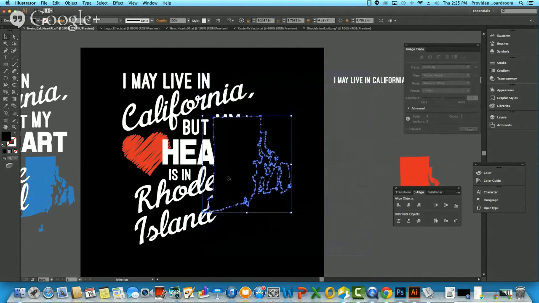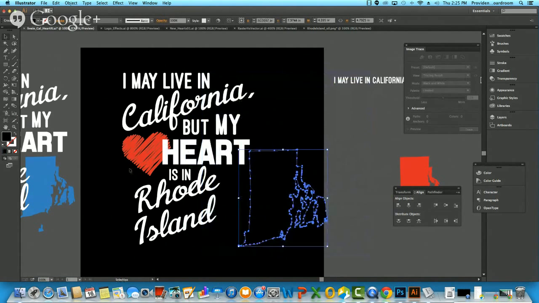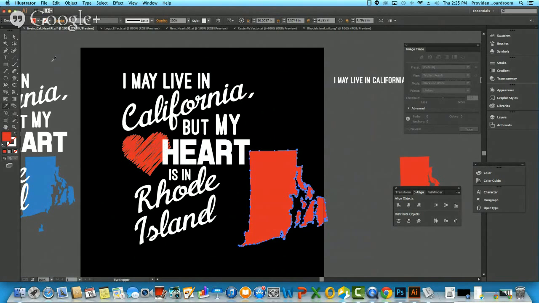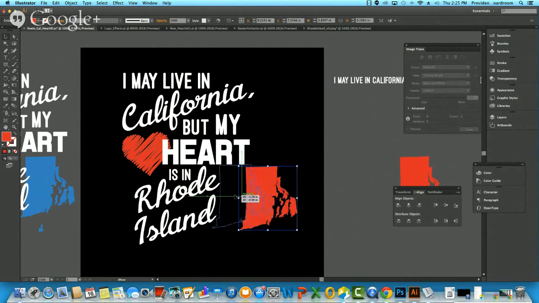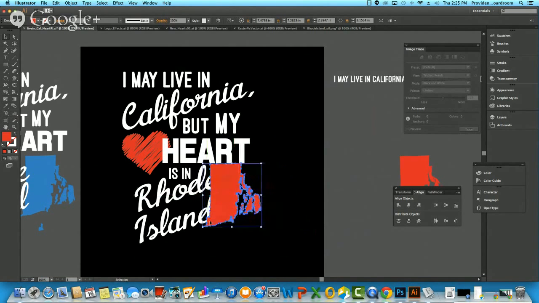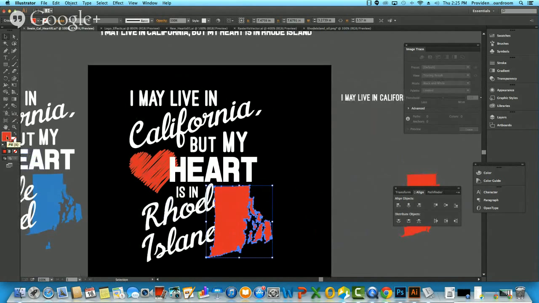So you want to make this probably the color of your heart. There is another tool in here called the eyedropper. You can see that my Rhode Island is selected, but if I click on the color of the heart, it literally makes it the same color as the heart. The best reason for using the eyedropper tool in this circumstance is that you know that your colors will be matching exactly. So when it goes to print, there will be no extra color charges because they are the exact